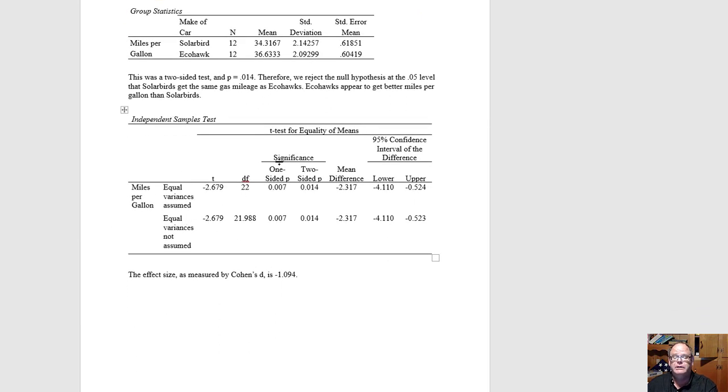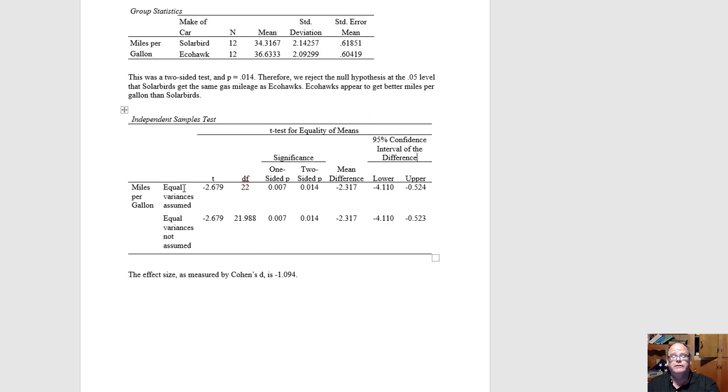Now, let's look at another facet. Let's look down at the independent samples t-test table, in the middle, where we're talking about the 95% confidence interval. You'll see this in some tables. What it means is a 95% confidence interval of the difference. The test is telling us that there's a 95% chance, based on the sample data, that the actual difference between the means, in other words, the difference between the means of the populations, not the samples, is somewhere between